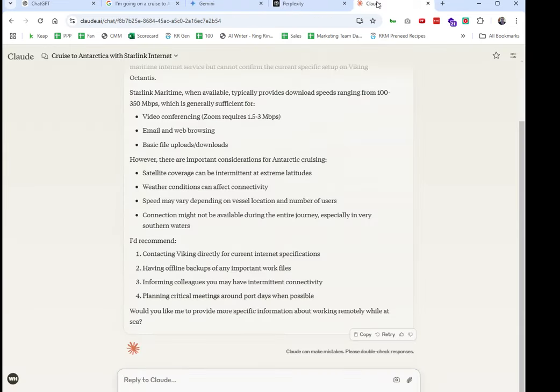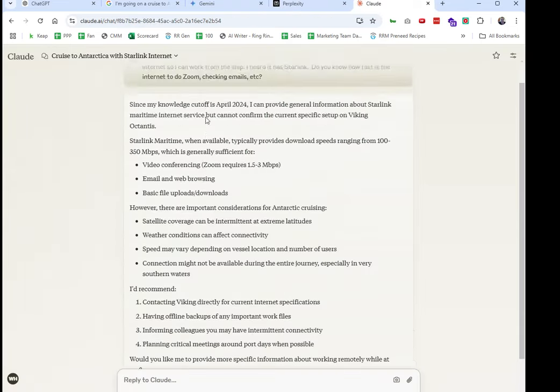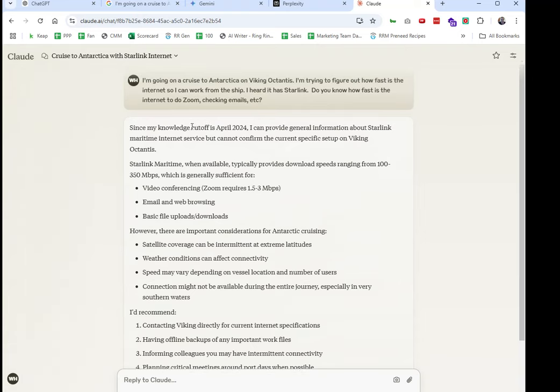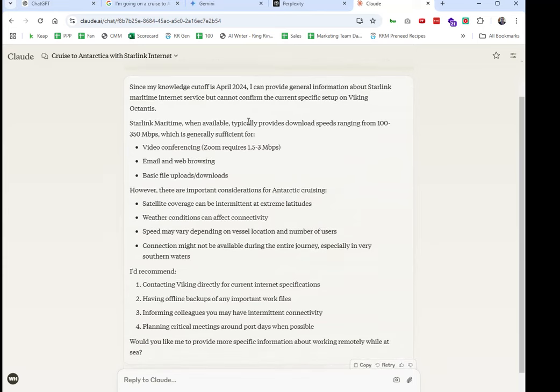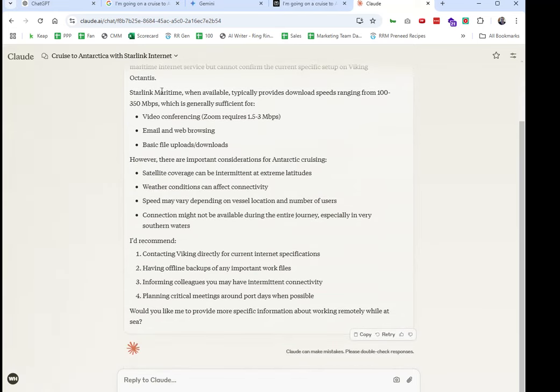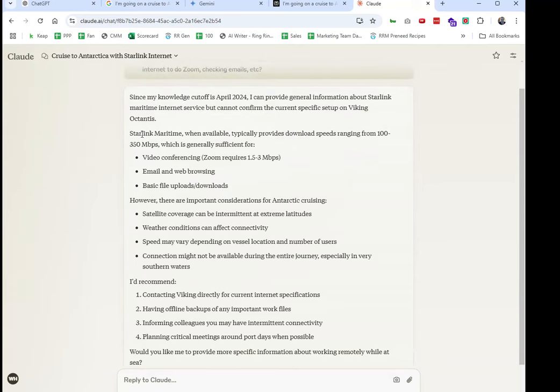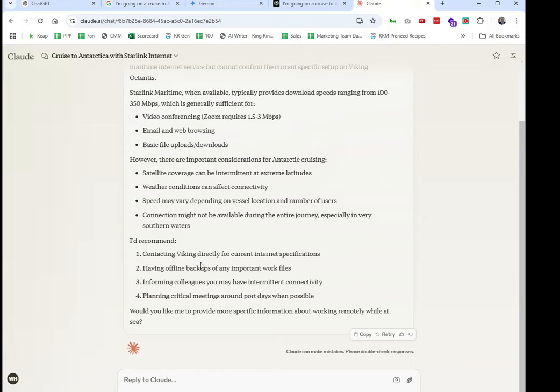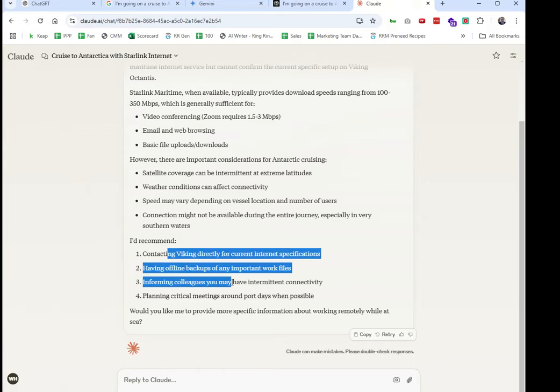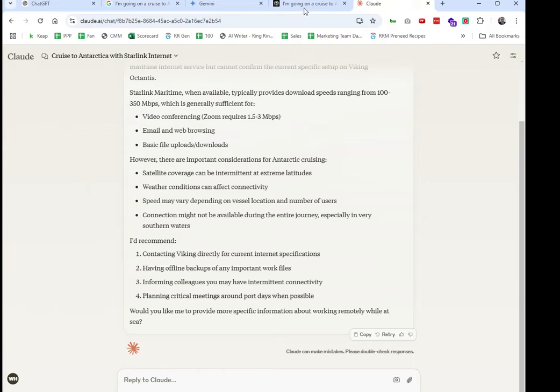If you look at Claude over here, its knowledge cutoff is April 2024, because it's not indexed in the World Wide Web. But again, it's all referencing Starlink, so it's going to be pretty stable. But again, I want to look for exactly user feedback from other users.